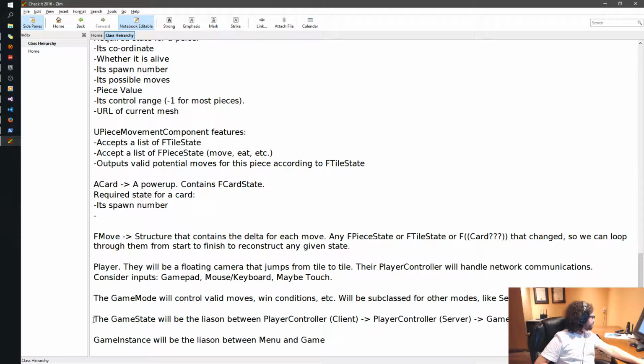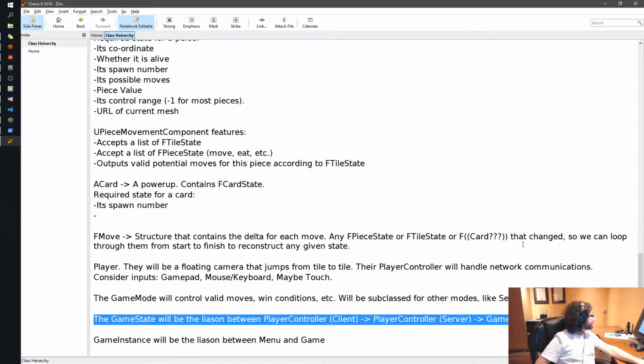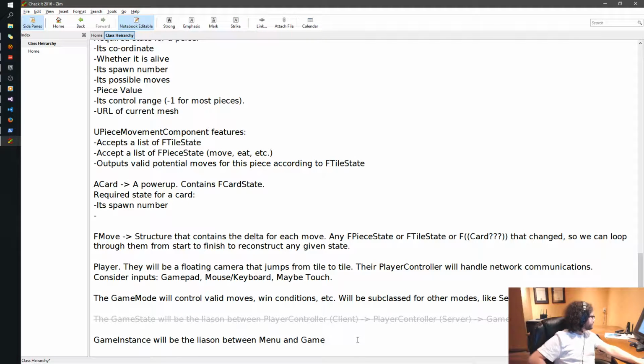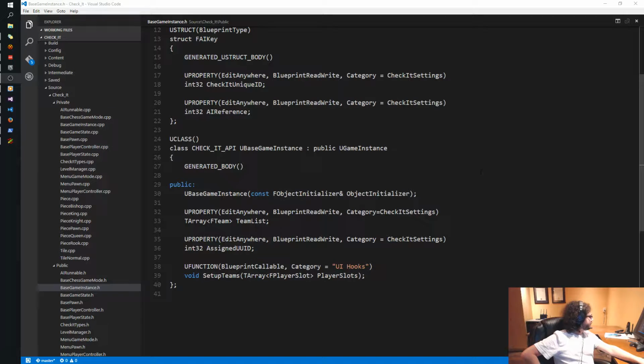This is no longer true. Okay, so we're not going to worry about that just yet.